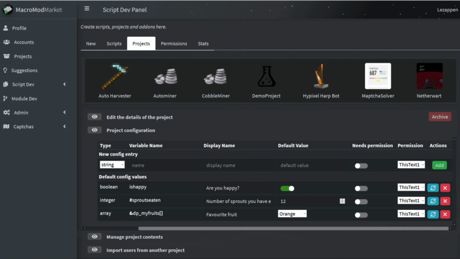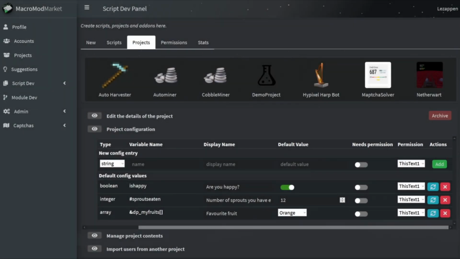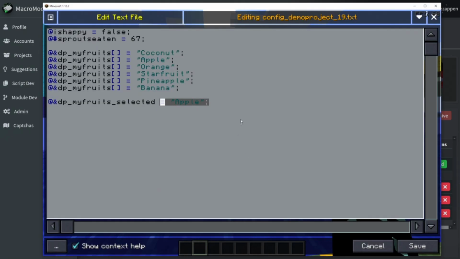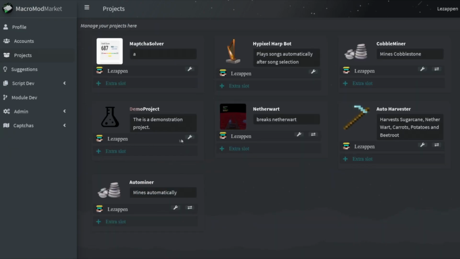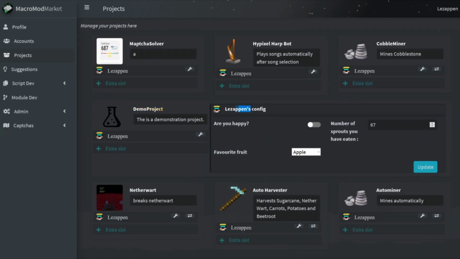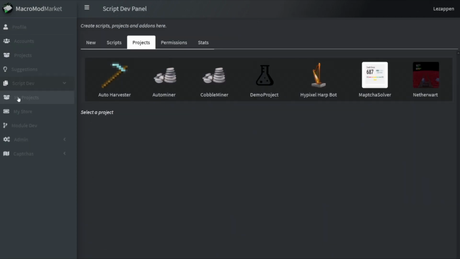All right, bear with me just a sec. All right. So in the script, you can change the description of the different inputs. Obviously, here you can see that it's orange when in game it was set to apple because the configurations are user or account specific. Here I had clicked the one specific to my account. So let's head back to our project